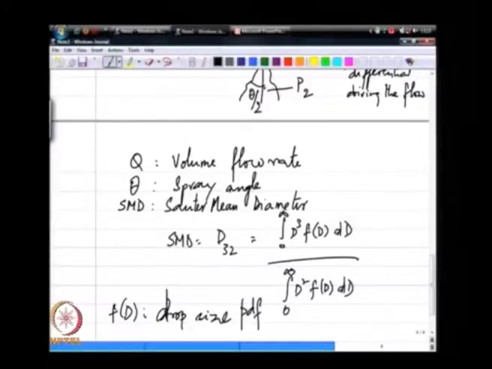F of d is my drop size PDF, and D32 is defined as the third moment, which is integral 0 to infinity d cubed f of d dd, divided by the second moment, which is 0 to infinity d squared f of d dd. Okay, now clearly you can see this has units of diameter, and